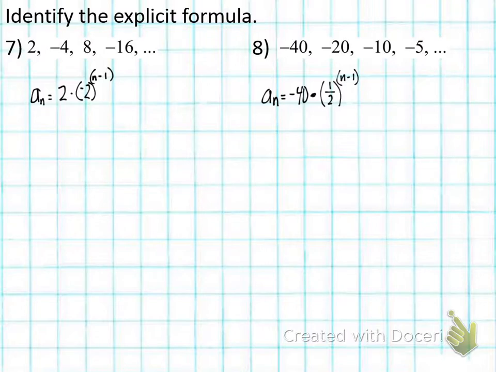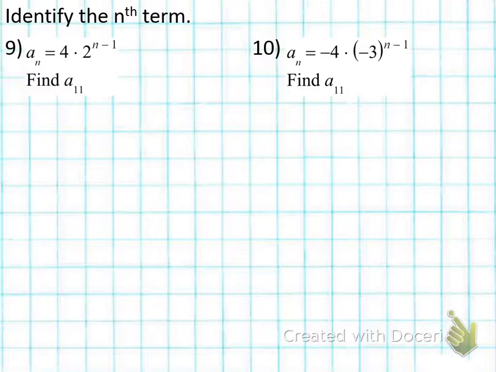Okay, number 9. I'm going to show you a couple more problems. I need you to just watch right now. You'll have a chance to write. Now that we know the explicit formula, let's say we have an explicit formula presented to us, and we wanted to know a specific term, okay? Because sometimes you just want to predict something in the future. So let's say your common ratio is 2. It starts with a 2, so it's 2, 4, 8, 16, 32, 64, 128, 256, 512, 1024, 2048, 4096,